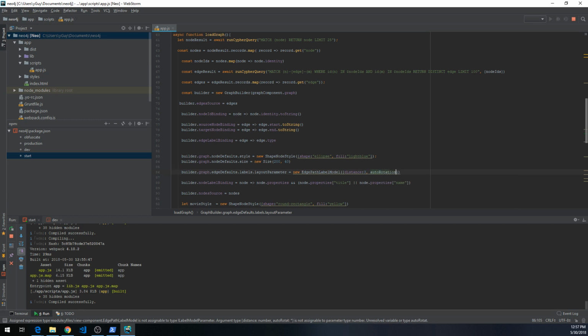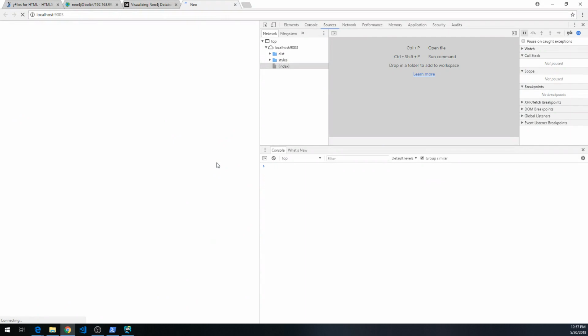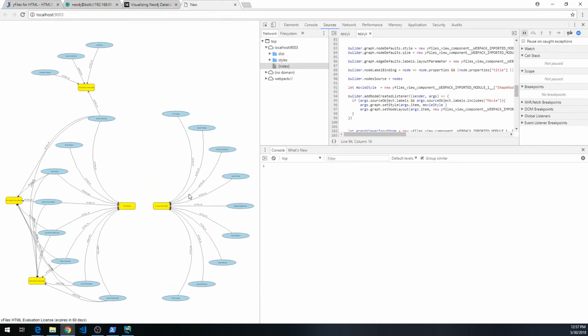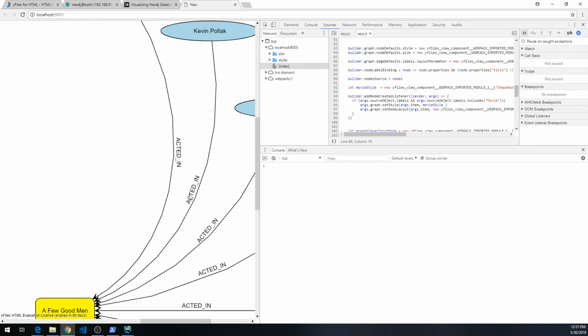and on which side of the edge we would like to have the label displayed, in this case above the edge. So the edge path label model, and from this we would like to see the default parameter. Distance, auto rotation, side of edge, should be fine. Let's see. Yeah, and now we have nicely rotated labels along the edge,